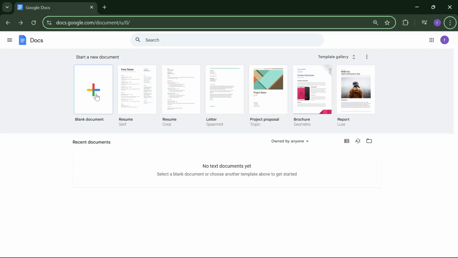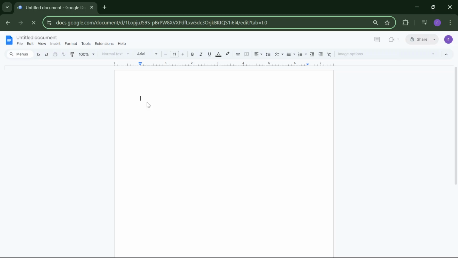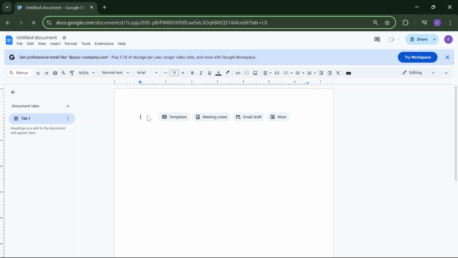So first of all, you need to come to the Google Docs official website and click on blank document to start a new document. And after coming here, you just have to double click on your document, like on the left mouse, double click on the cursor, and after that